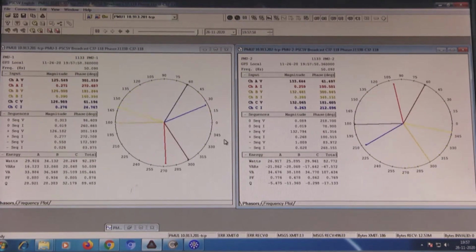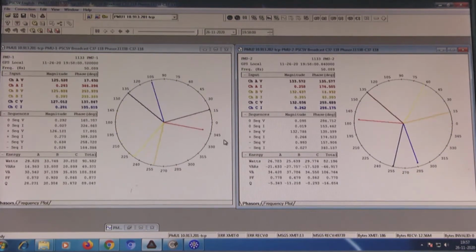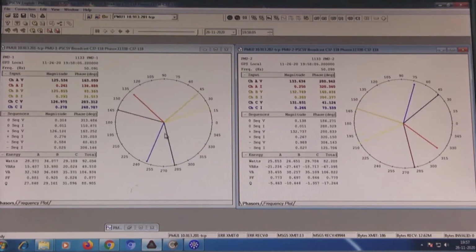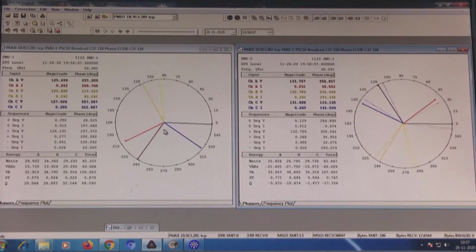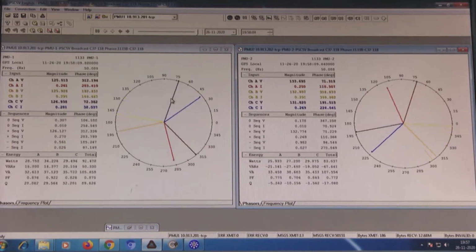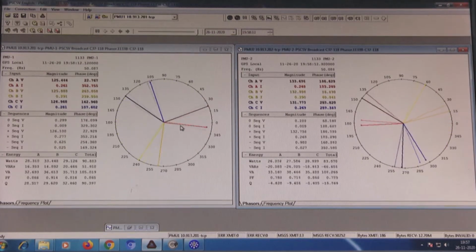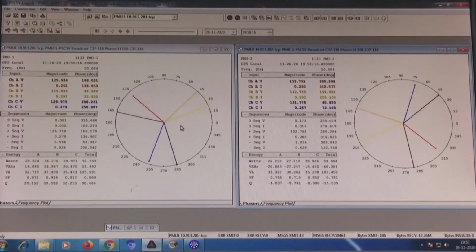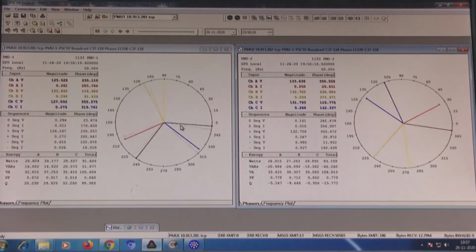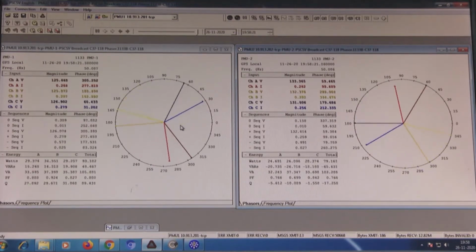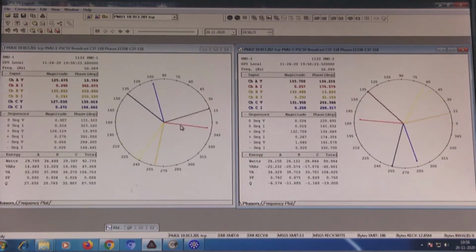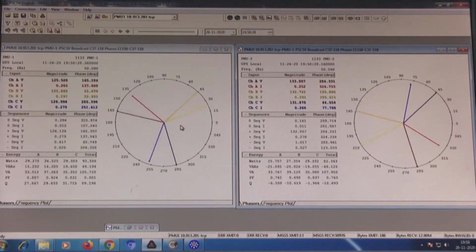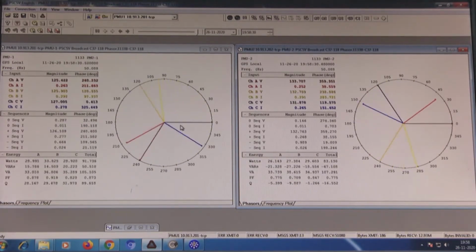Now, this is the beauty of this PMU environment. We see that at the same time we can observe the angle of any phase, any sequence component, both for PMU 1 and PMU 2, where PMU 1 belongs to the generator side and PMU 2 belongs to the grid side. Note that in reality these PMUs can be connected at different locations, at different buses in a power system, and they can be connected to the PDC through a dedicated communication system.